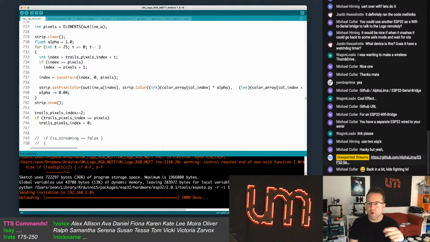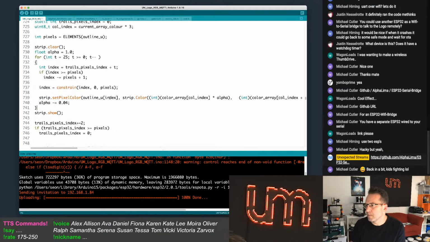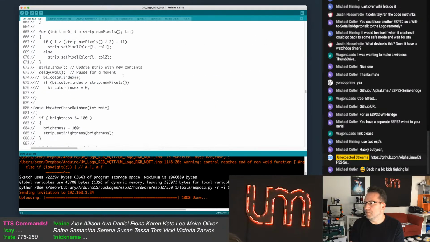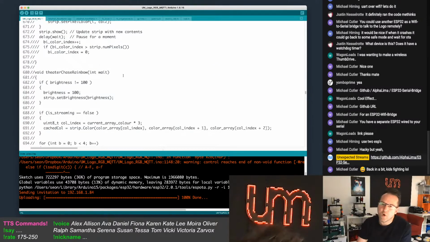And that's how I do my trails that you would have seen before. I need to turn this into something that is easier to work with. Like a function, just a function that returns me the color. That'd be nice. Or a per pixel brightness would be freaking great, but that just doesn't happen.